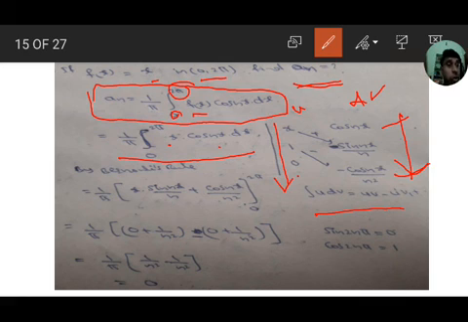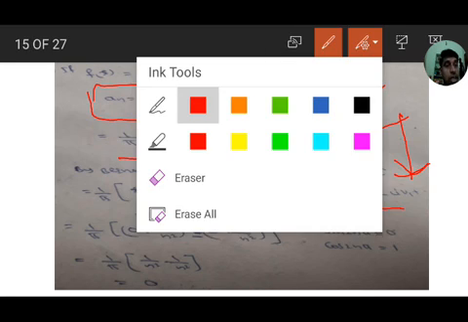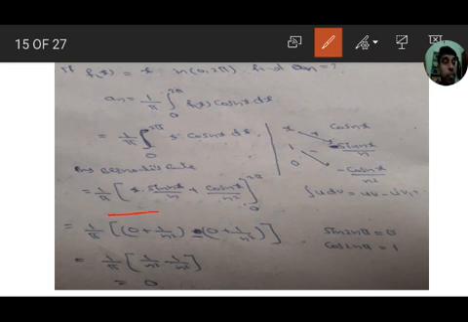If you substitute u into v, that is x into sin nx by n minus 1 into minus cos nx by n square; minus of minus we get plus cos nx by n square. Next one, 0 into anything we will get 0 only. Therefore this is the term, up to two terms only: 1 by pi, x into sin nx by n plus cos nx by n square, from 0 to 2 pi. Here minus of minus we get plus.